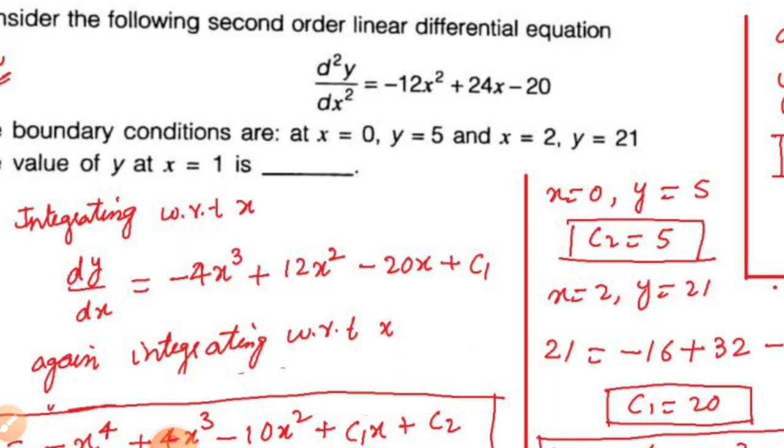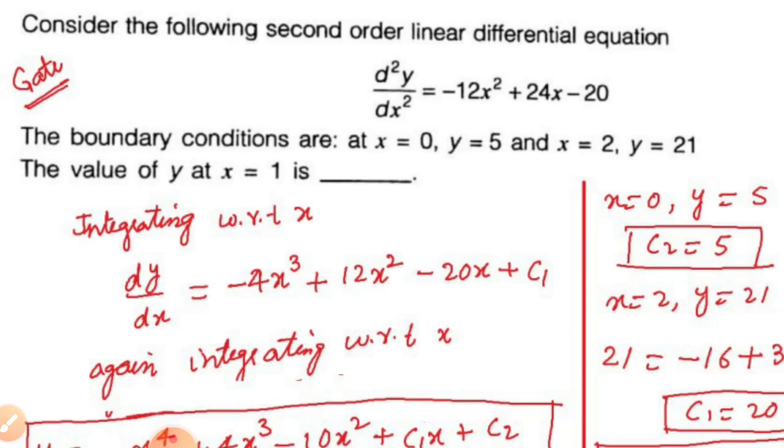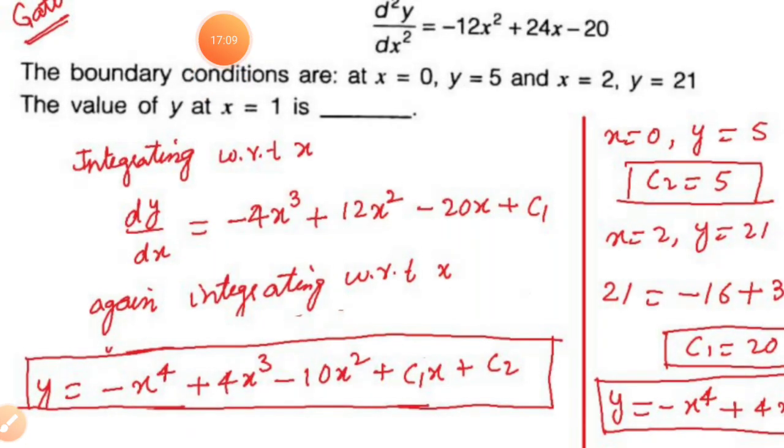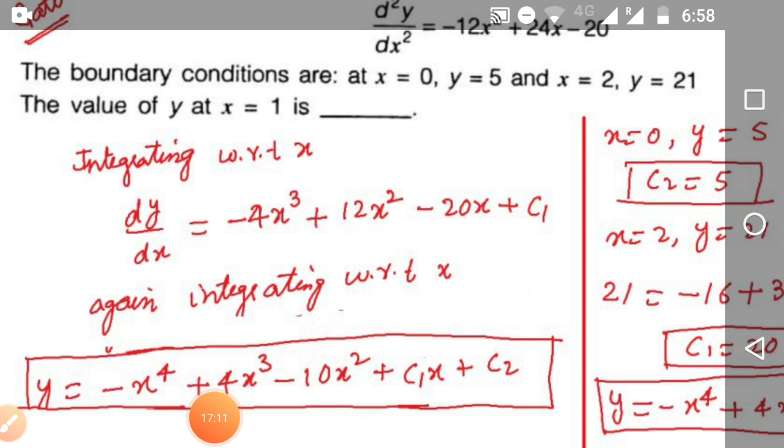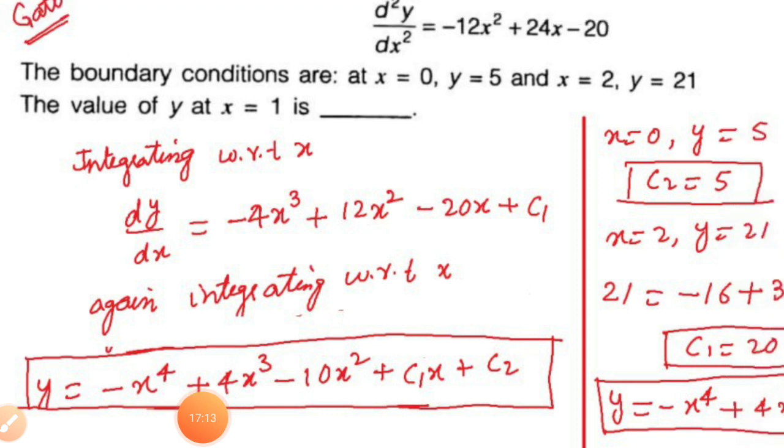I used two words here, one is general solution and another is particular solution. General solution is the solution that contains some constant terms, like in this equation we have the constant terms c1, c2. So, the solution containing these constants is called a general solution, because the constants can be of any value and we can have any number of solutions.